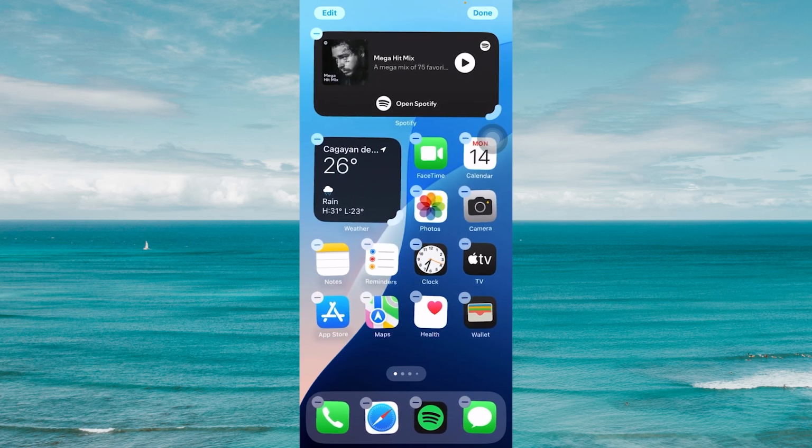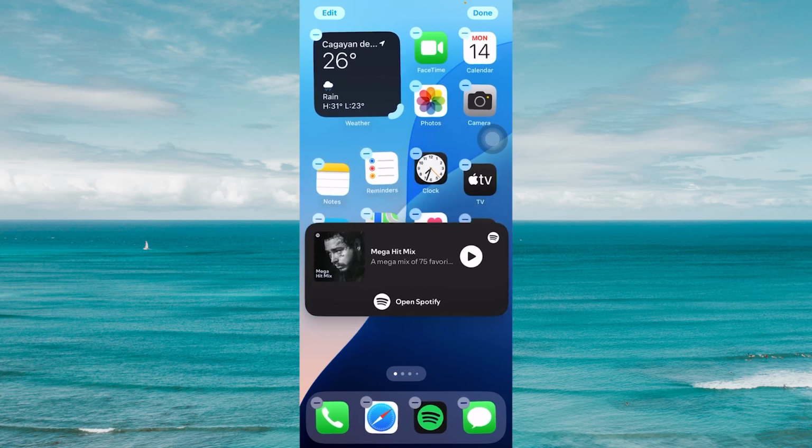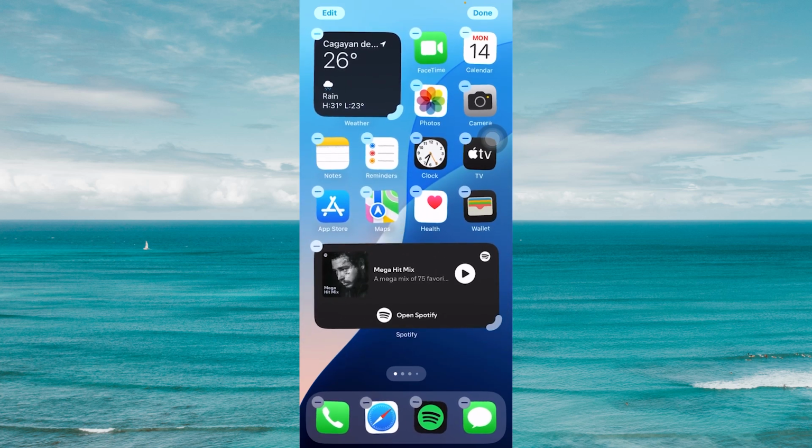And once you like the layout of the specific widget, you can then also tap and hold on that specific widget to move it around on your home screen, like moving apps. Once you are done, just click on Done at the top right, and that is how you can add widgets